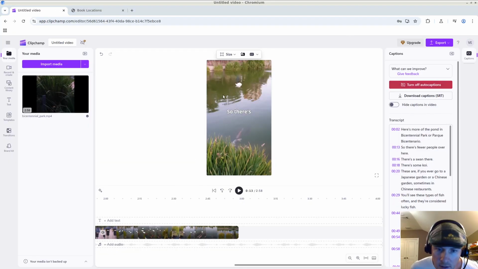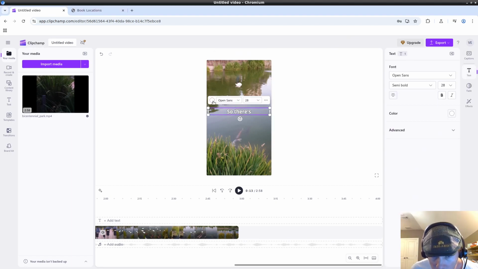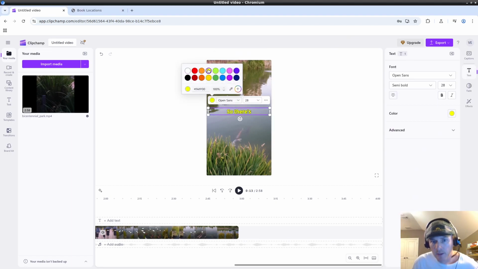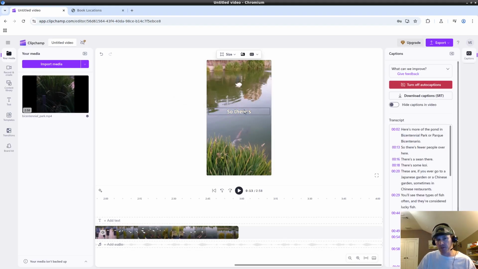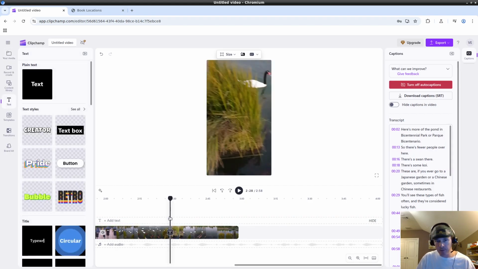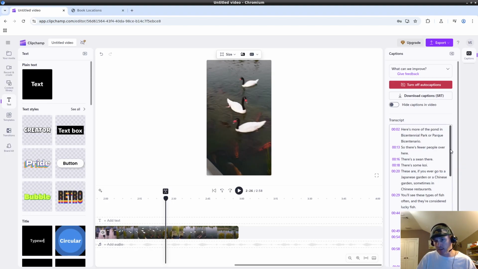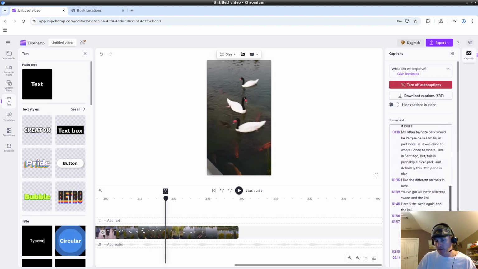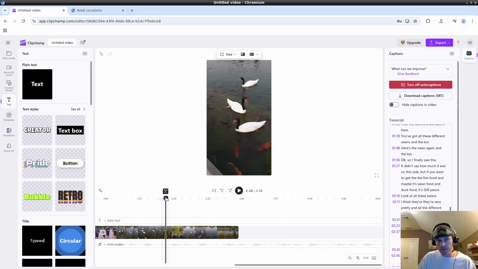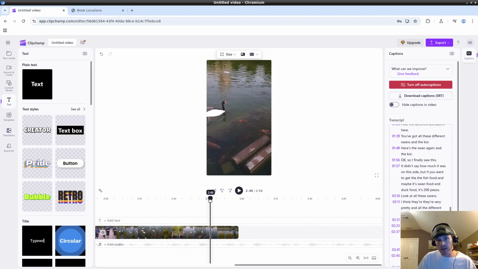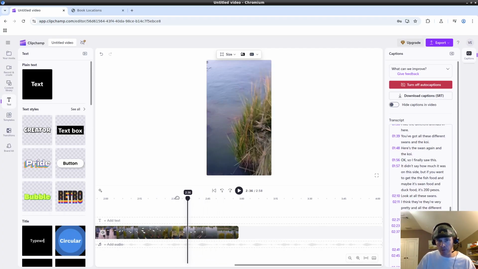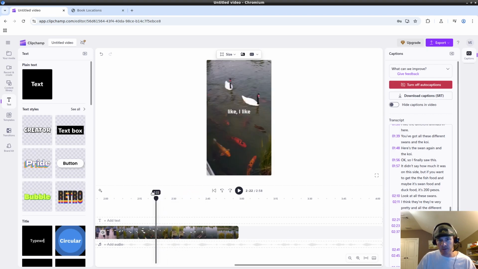Okay, so I ended up deciding to change the color to white because although I think yellow stands out and the orange stands out, the natural beauty of it, I think white just looks better because it's got natural beauty in the park. So that's partly why I picked it. And I edited the text. I changed a few things. I removed some filler words, and sometimes I duplicate words when I speak,